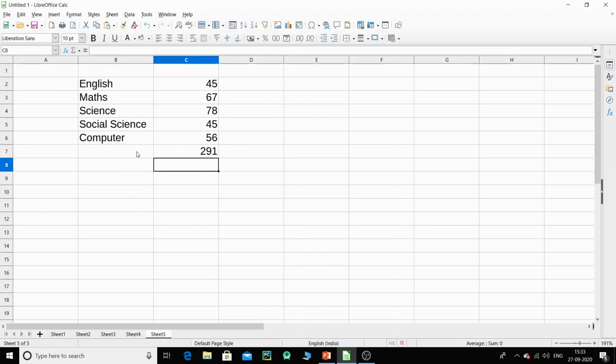The moment I press enter, this is the total of the marks. So basically I have the total of 291, and this is one of my scenarios.